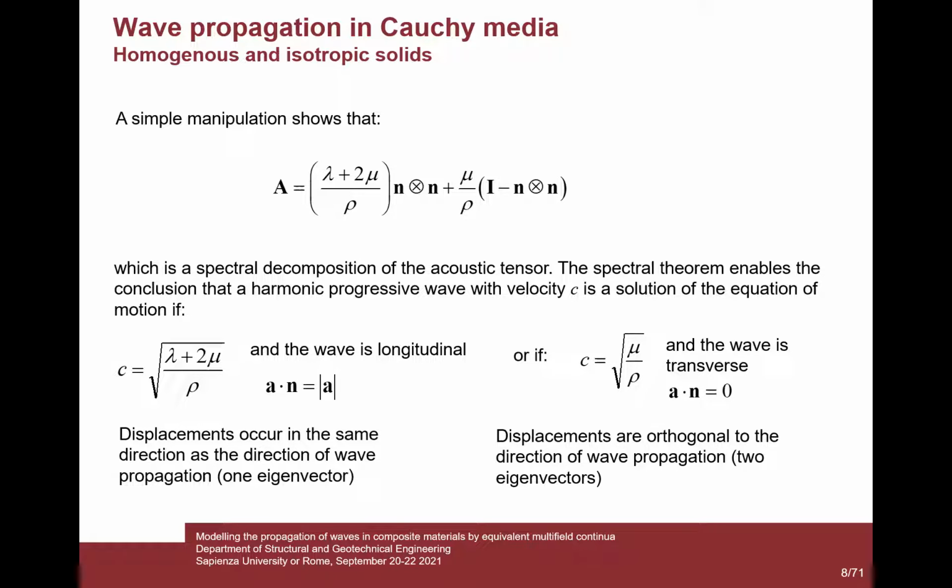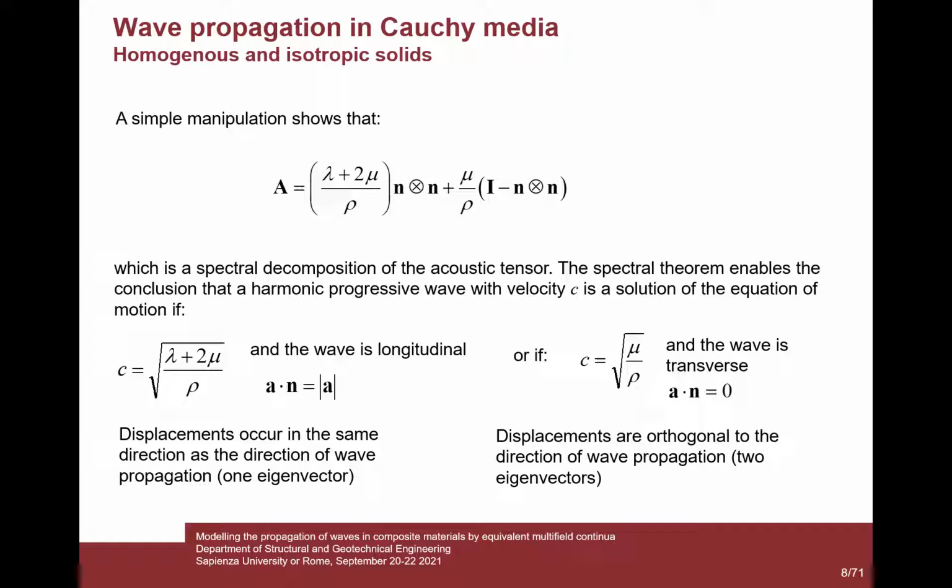And we have a spectral theorem which enables us to conclude that if the tensor has this form, this quantity is an eigenvalue, as is this quantity. And in fact, these two quantities correspond, the first one, to longitudinal waves, which have displacements occurring in the same direction as the direction of wave propagation. These are longitudinal waves. And we have other two eigenvectors, which are orthogonal to the direction of the wave propagation, meaning